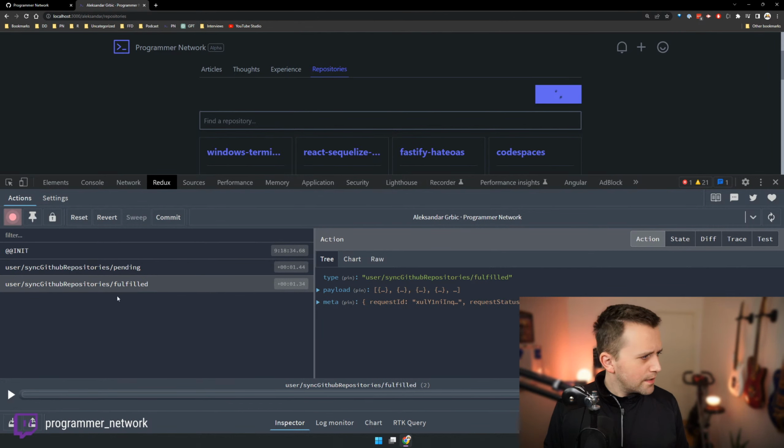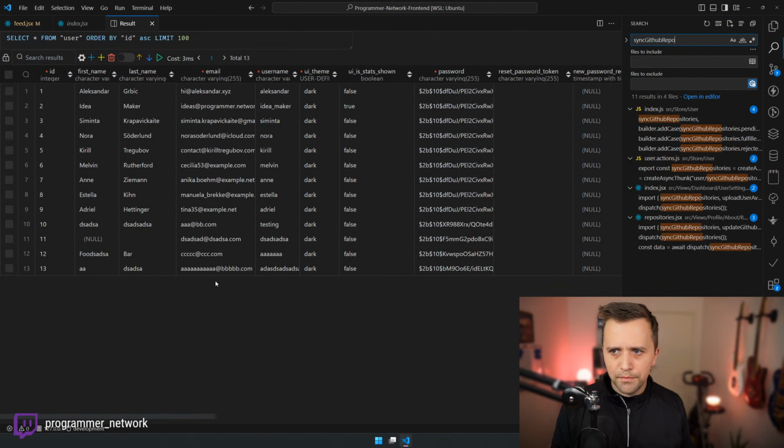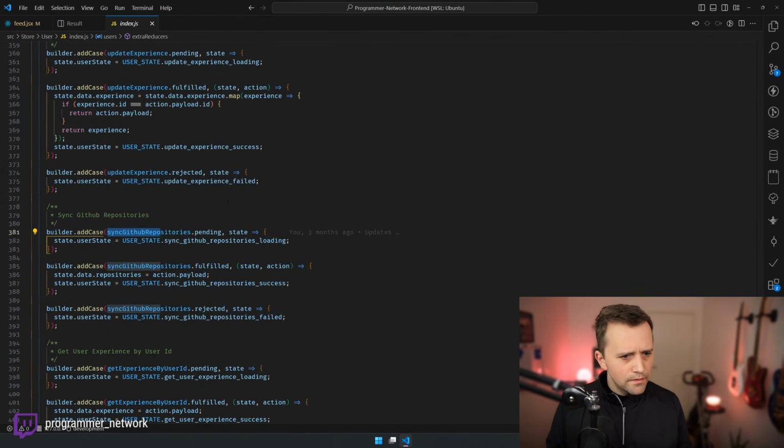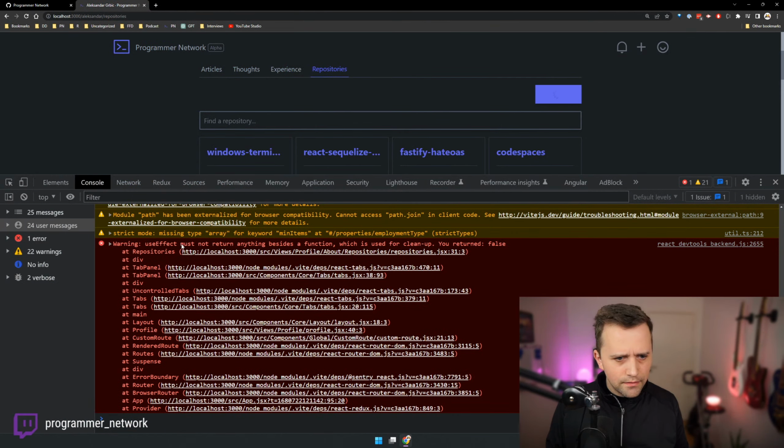Okay, so you can see there's some state here, we have fix sync GitHub repositories. Here we have fulfilled GitHub repository success, failed, and then this is still spinning, right? Let's use effect must not return anything beside a function which is used, yeah.